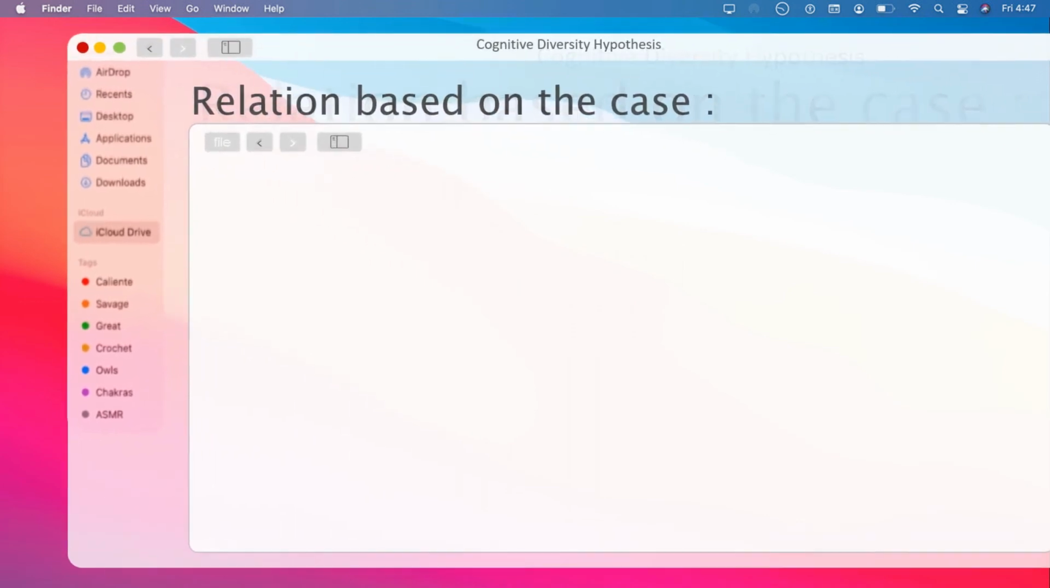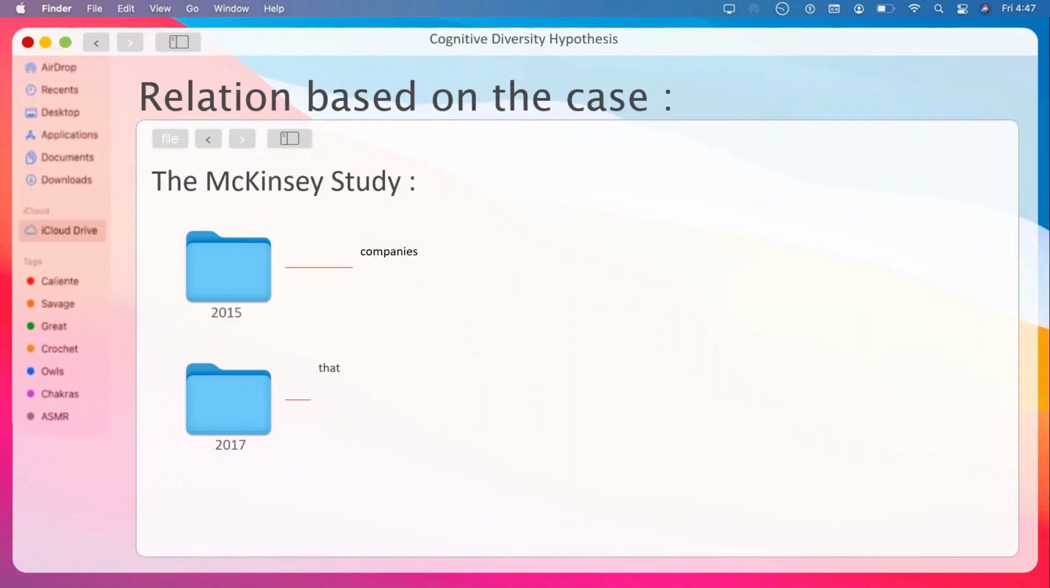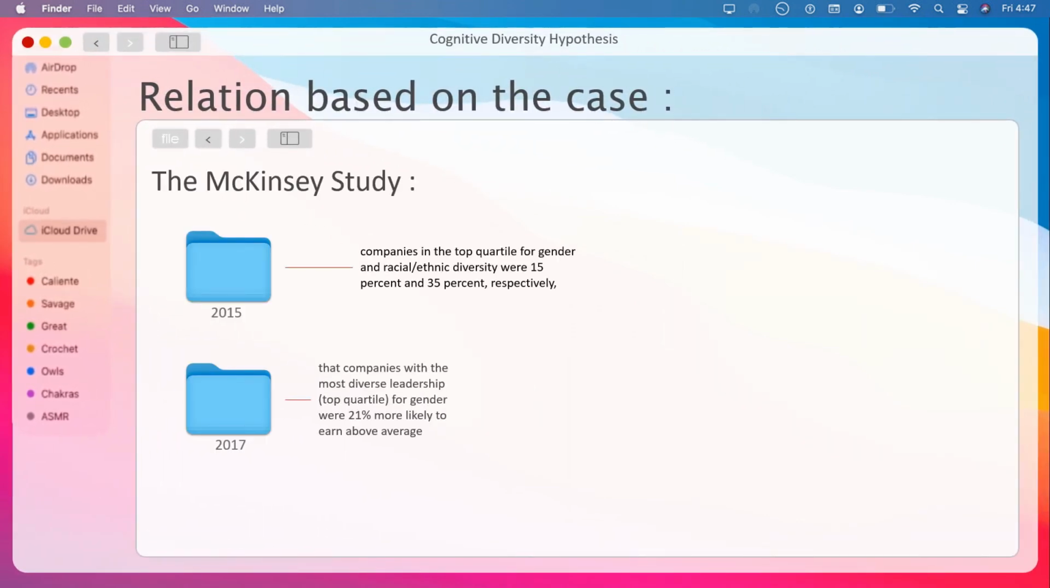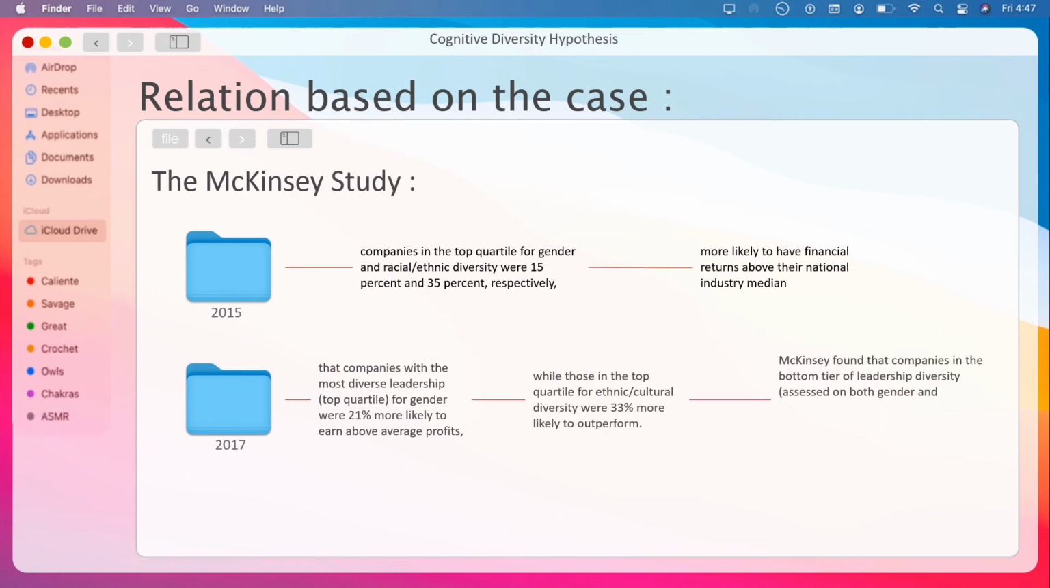The relation of the theory can be seen in the case due to a McKinsey study in 2015, which found that companies in the top quartile for gender and racial or ethnic diversity were 15% and 35% respectively more likely to have financial returns above their national industry median. It was also stated in the proposal letter where CTW Group mentioned a 2017 study of over 1,000 corporations